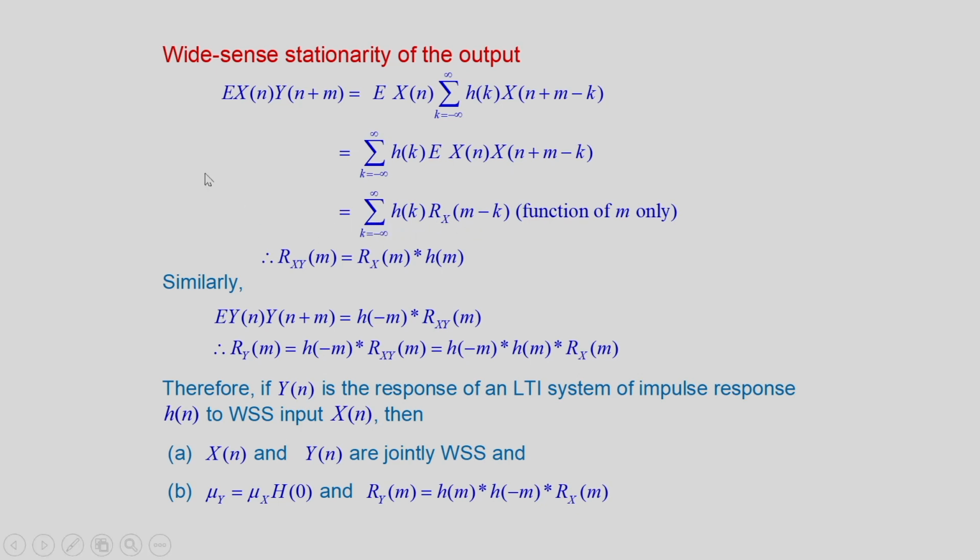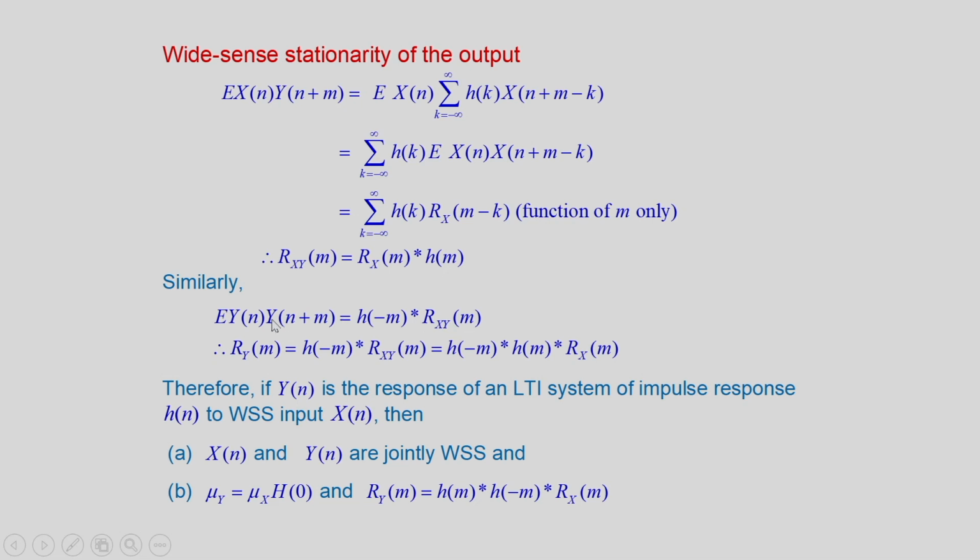So, we see that this is a function of lag only, it does not depend on n. Therefore, we can write Rxy(m), that is the cross correlation function at lag m, is equal to Rx(m) convolved with h(m). Similarly, we can write E[y(n) y(n+m)] is equal to h(-m) convolved with